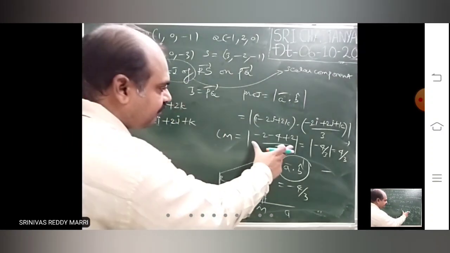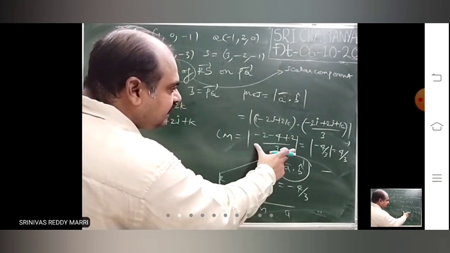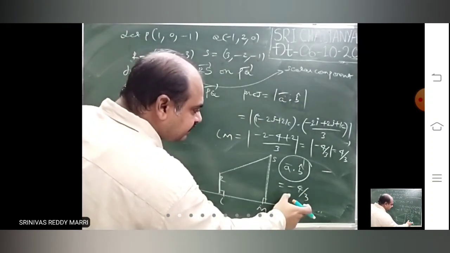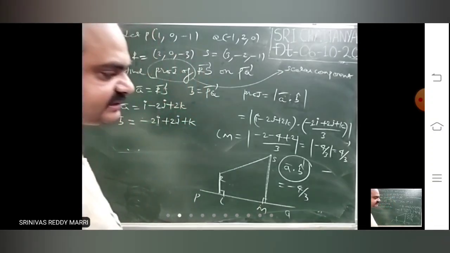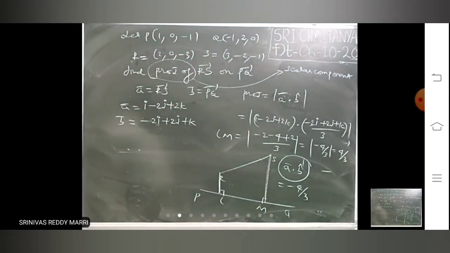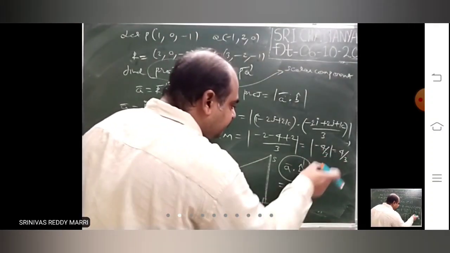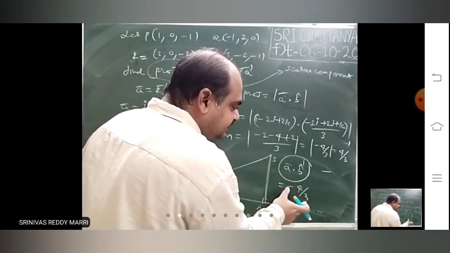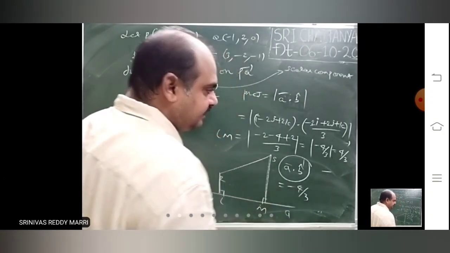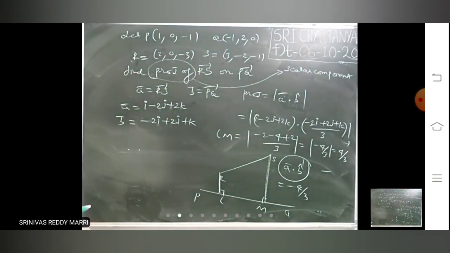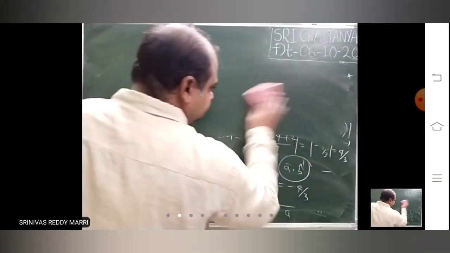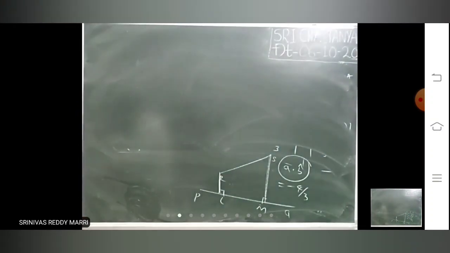If projection is asked, it means modulus; only the scalar component is asked. Don't write modulus. Whatever the sign you get, write that only. Scalar component means minus 4 by 3, you got. Just write that only: minus 4 by 3. This is not length. This is called scalar component. Which sign? Look at next.